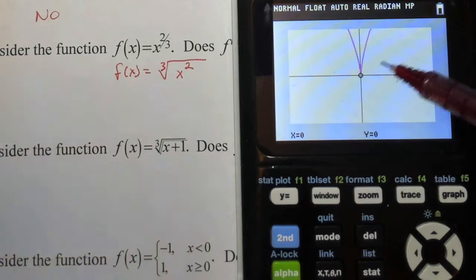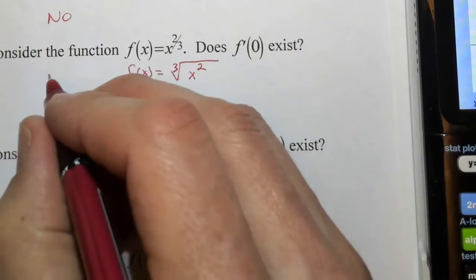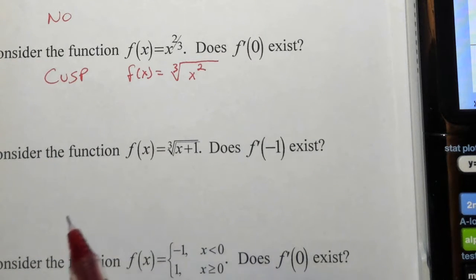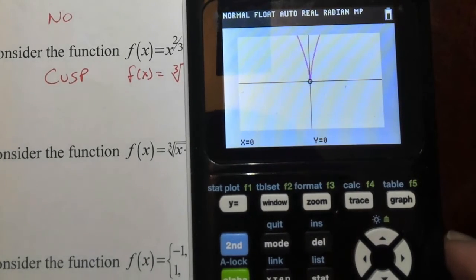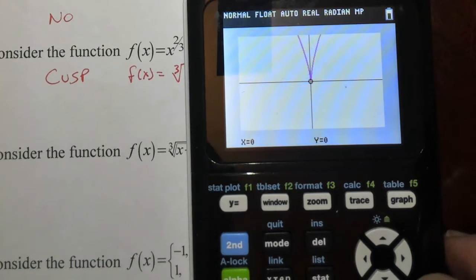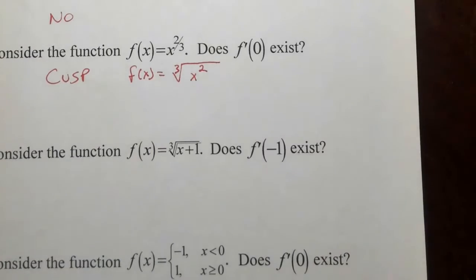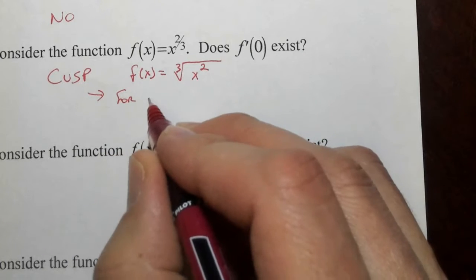Right. So what is this called? Well, this is called a cusp. Right? Basically, it's when a curve hits a line, and again, it makes a sharp point. Okay, we see the sharp point right there, but it's not considered a corner. A corner is the intersection of two line segments, and what we have here is a cusp because of the curves that are involved. Okay, so a cusp will happen for any